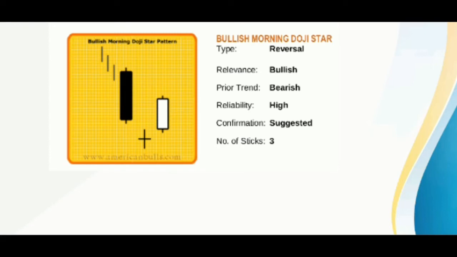The bullish hammer pattern is a single candlestick pattern and it has a strong similarity to the bullish dragonfly doji pattern. In the case of the bullish dragonfly doji pattern, the opening and closing prices are identical, whereas the bullish hammer pattern has a small real body at the upper end of the trading range.